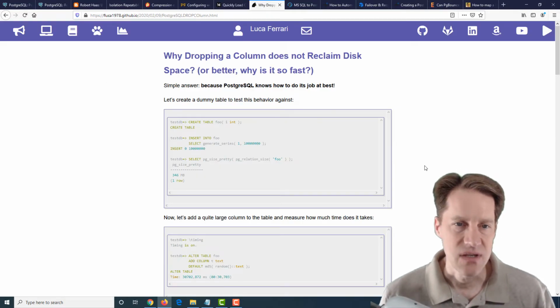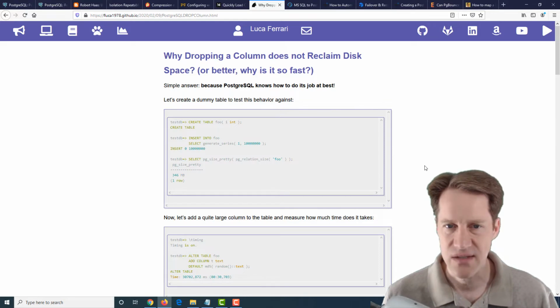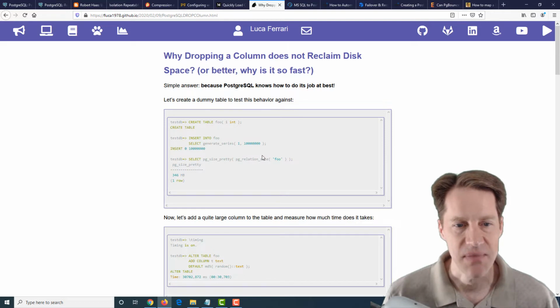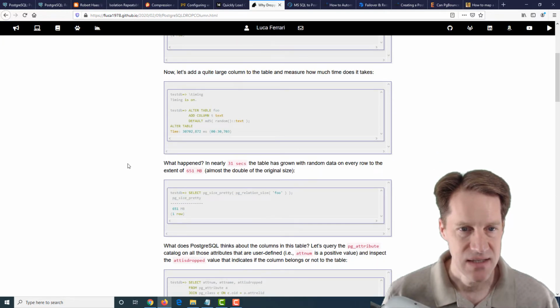The next post is "Why dropping a column does not reclaim disk space, or better, why is it so fast?" This is from Luca Ferrari at fluca1978.github.io. And he's talking about how when you drop a column from a table, it doesn't immediately reclaim the space. So he has an example here where he creates a one-column table with 346 megabytes of data in it. He then adds a new column with a large default, and the table goes up to almost double the size,